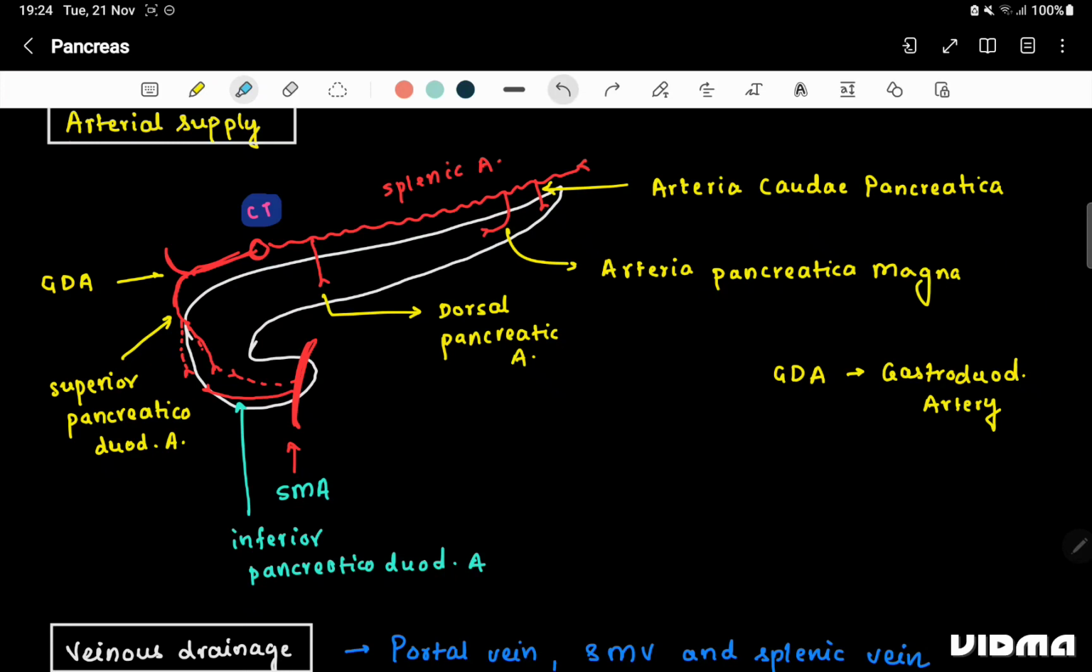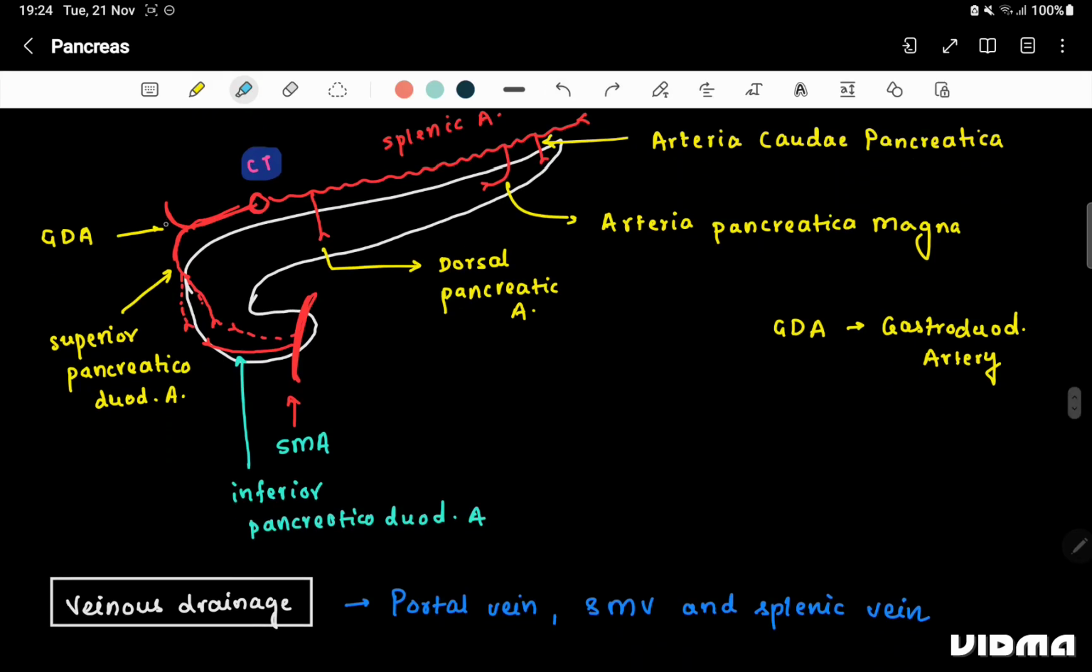So this is a dorsal pancreatic artery. One is the dorsal pancreatic artery. This is called the arteria pancreatica magna, which supplies the body part. The dorsal pancreatic artery and the arteria pancreatica magna supply the body, and the tail is supplied by the arteria caudae pancreatica. Then we have the gastroduodenal artery, which is now supplying the pancreas, and we have the superior pancreatico-duodenal